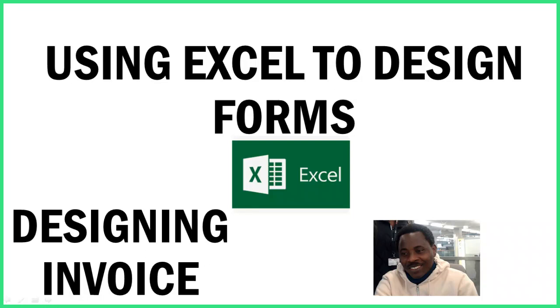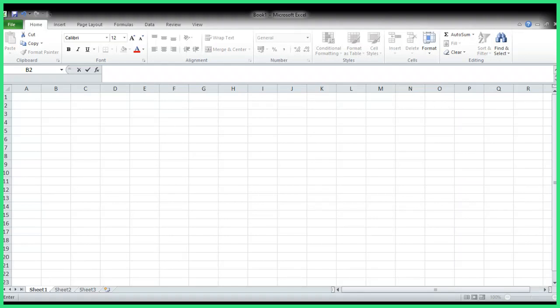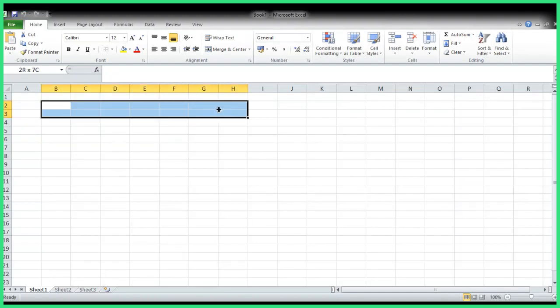Okay, having said that, we are going now into the details of how to build an invoice and send it digitally to your customer. So this is the Excel we are going to be using, and the first thing we need to do now is to have a name. So we want to build and have a name of the organization. What should we call it? Okay, let's say for quick name,